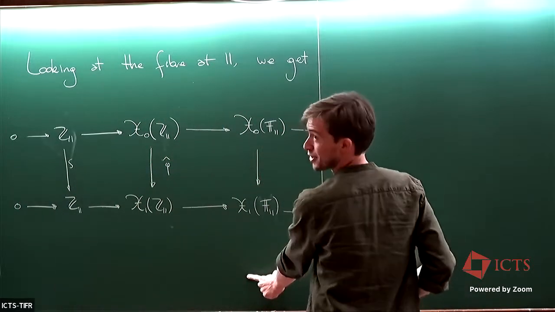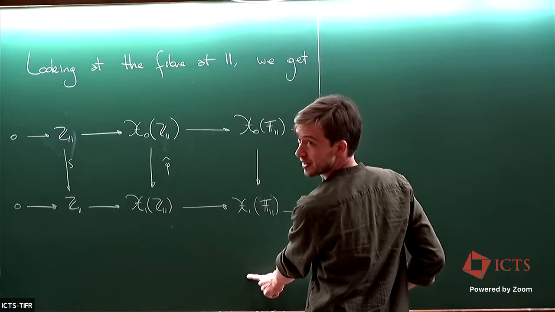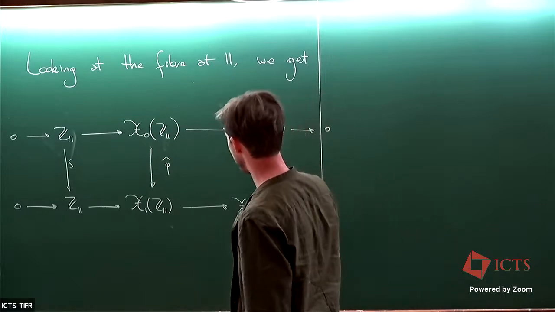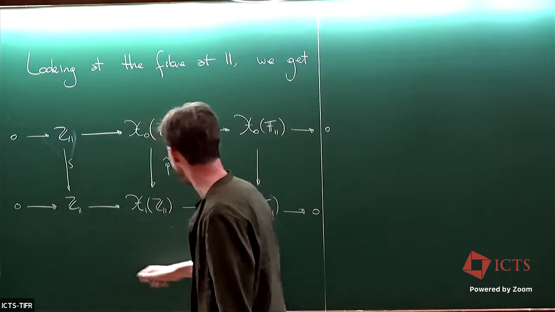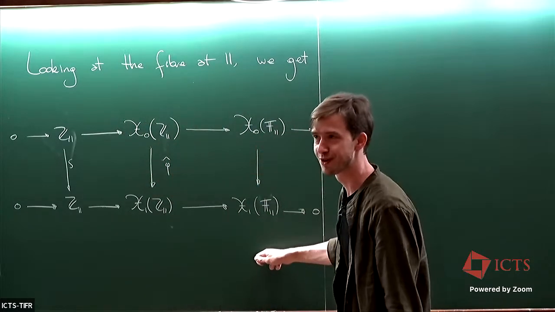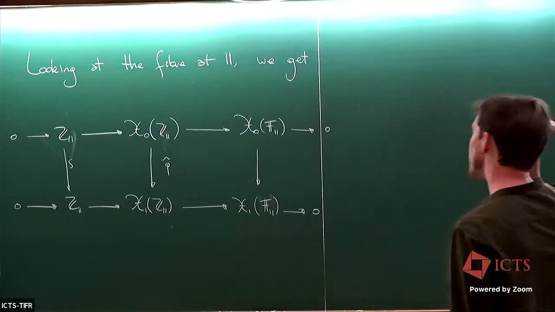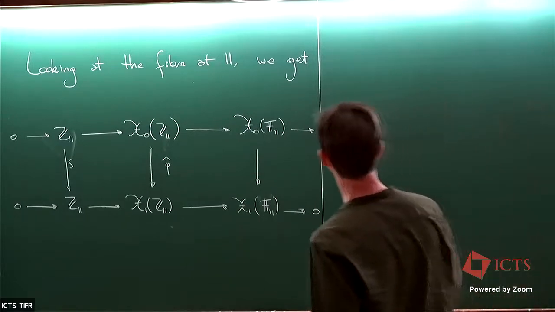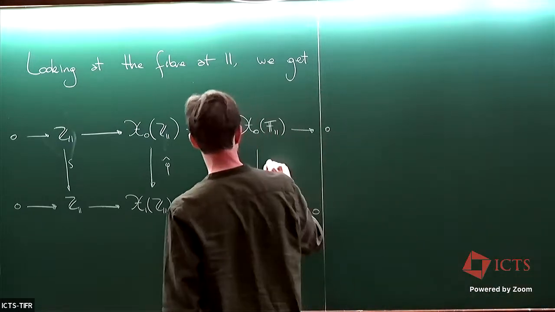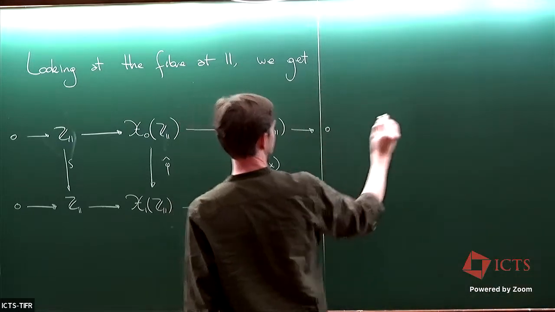So all we need to know is what the co-kernel of this one is. We know the co-kernel of this, we have the snake lemma, and we have that the co-kernel of this one is wedged between 0 and whatever this guy is, hopefully also 0. And therefore, we can conclude that the co-kernel is actually trivial. And now the point is that this one, let's call it star,